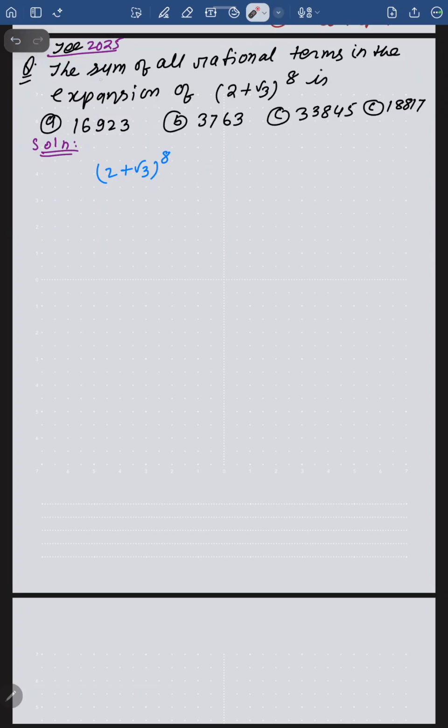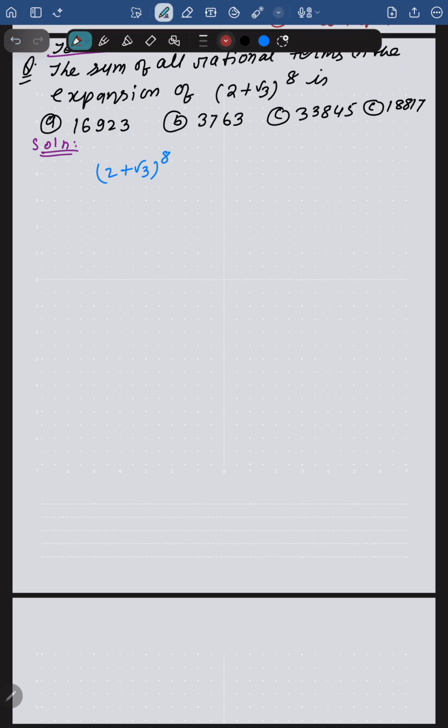2025 question. The sum of all rational terms in the expansion of (2 + √3)^8 is, these are the options you have to select from. So our expression is (2 + √3)^8, and this you know by binomial expansion